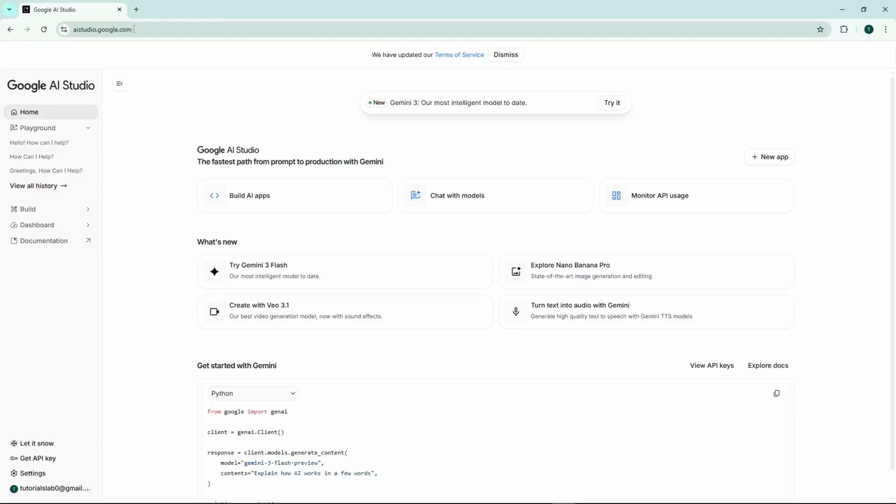Today, I'm going to teach you how to save conversations in Gemini Google AI Studio. This feature is incredibly useful if you want to keep track of your AI interactions and revisit previous conversations later on. First, open your web browser and head to